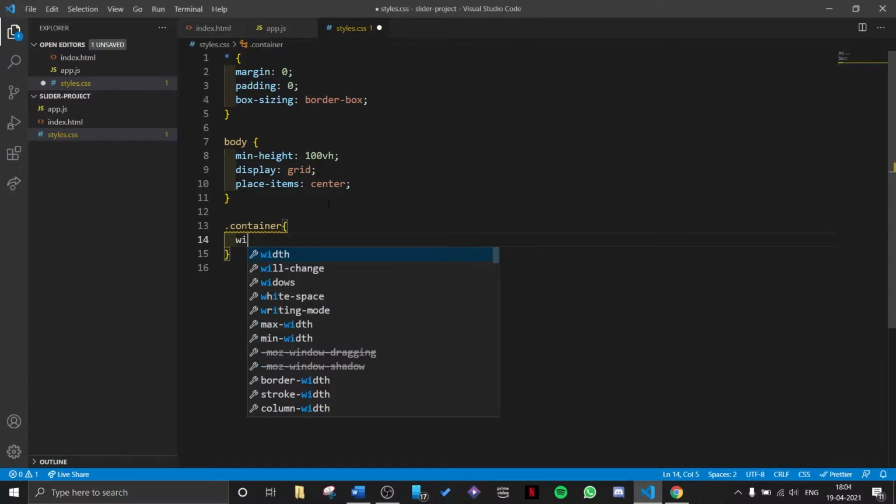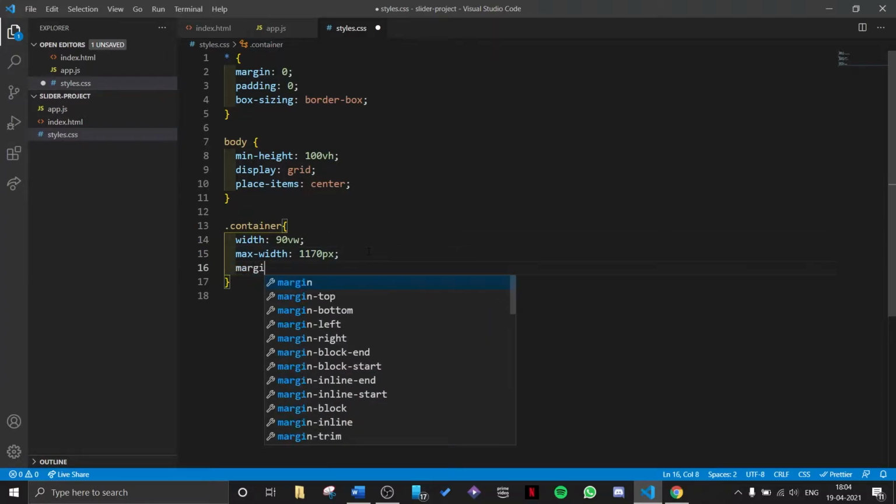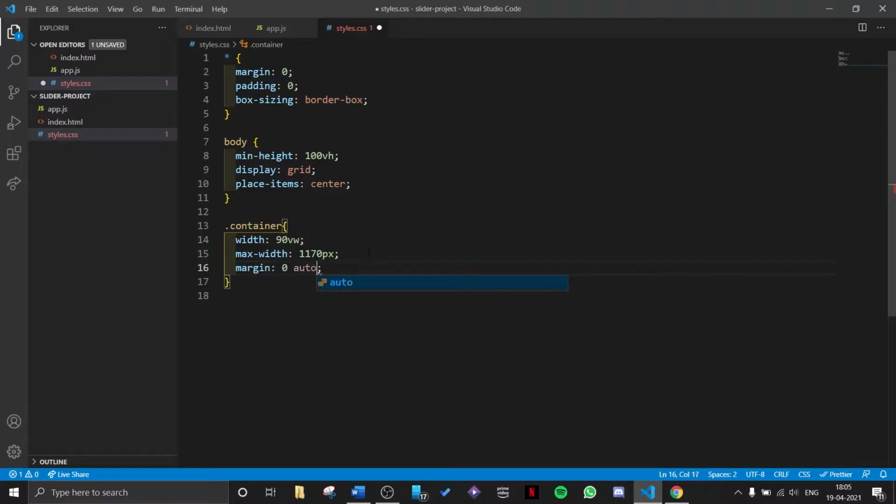I will give that width of 90%. That means 90 view width eventually means 90% of the width of the user's screen, and then max width should be 1170 pixel, so that whatever the screen size is, the width doesn't get more than 1170 pixel. And then I will use margin 0 and auto to make it centrally aligned. I will give a border radius of 0.5 rem,